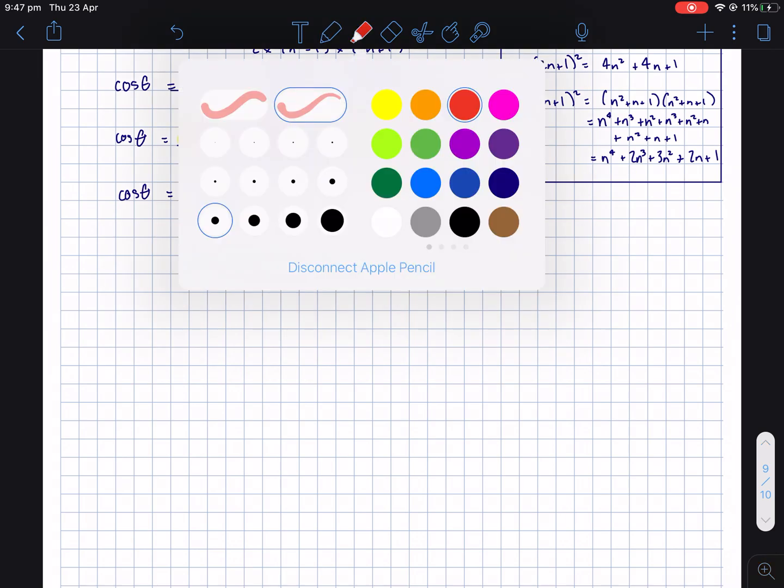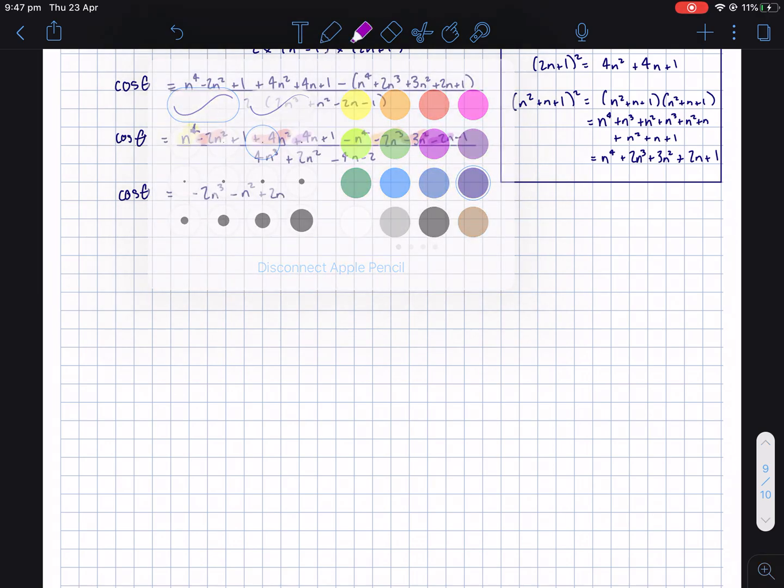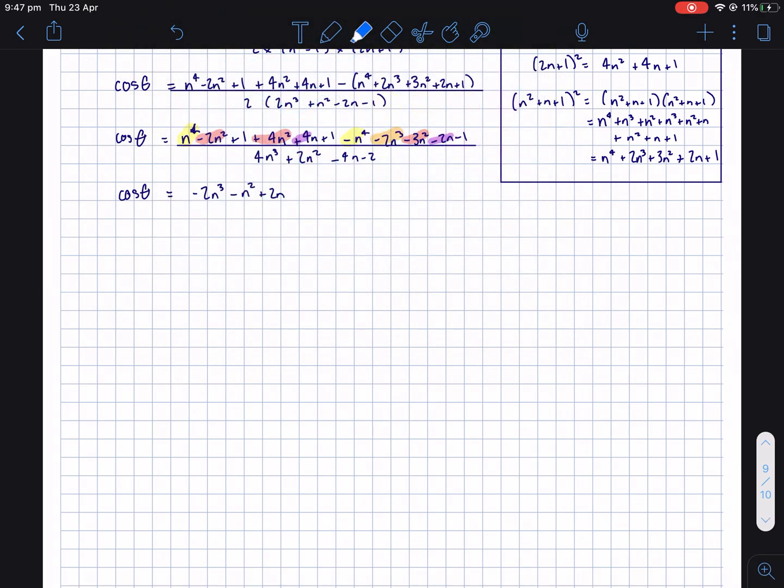Now let's look for just n's. 4n take 2n plus 2n. Now let's look for whole numbers. 1, 1, minus 1. So we get plus 1 all over